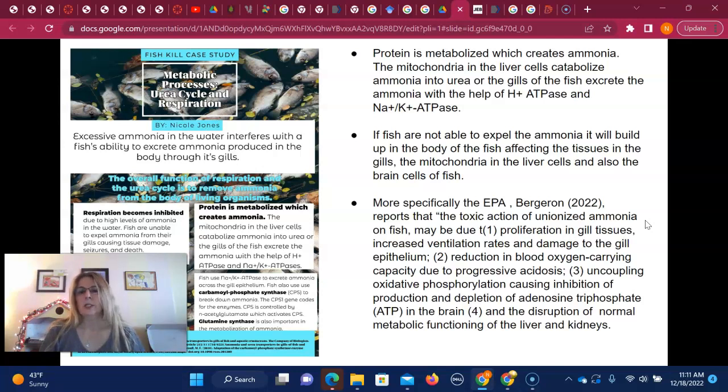It also causes reduction in blood oxygen carrying capacity due to progressive acidosis, and there's uncoupling of oxidative phosphorylation, causing inhibition of production and depletion of adenosine triphosphate, ATP, in the brain, which means that the mitochondria can't produce ATP, which is needed for nerve impulses in the brain. So it just disrupts that whole system, as well as